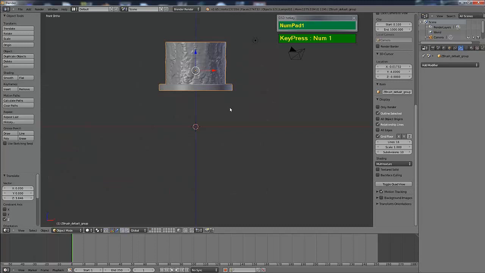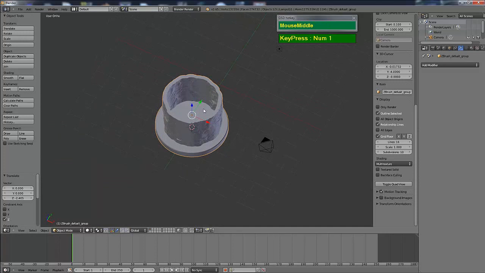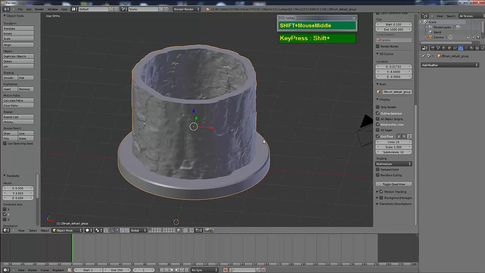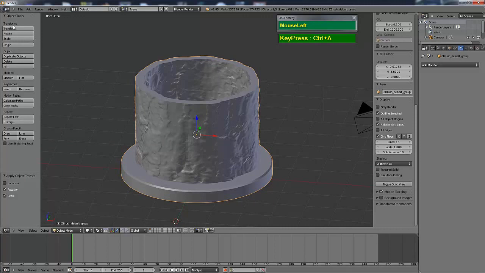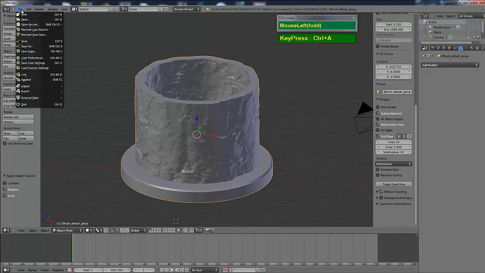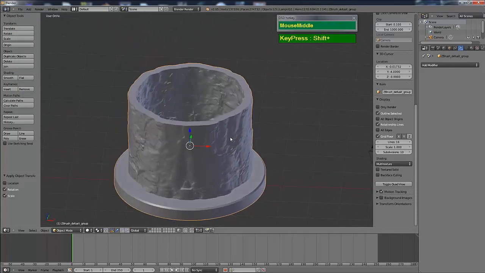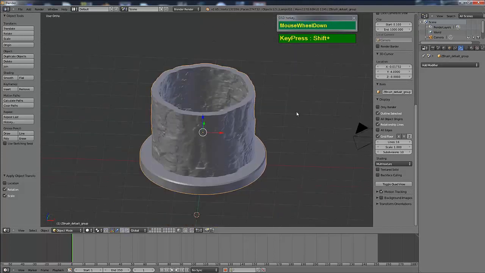Okay, so now let me just position it nicely. Let me just freeze the scale one more time. Press Ctrl A, rotation and scale. And most 3D printers accept the STL format, so you can just go to File and export it to the STL format here, for 3D print work. So this is how you create a 3D object using a 3D scanned 3-bar in this case, for 3D printing.